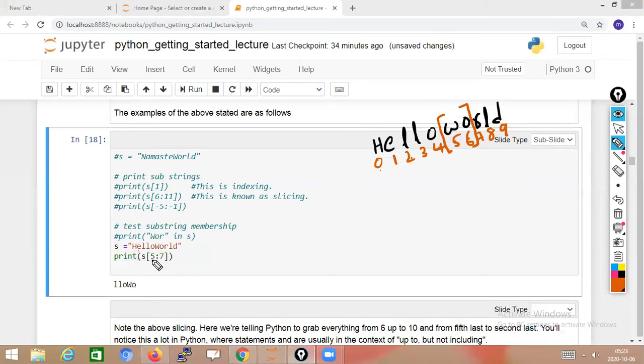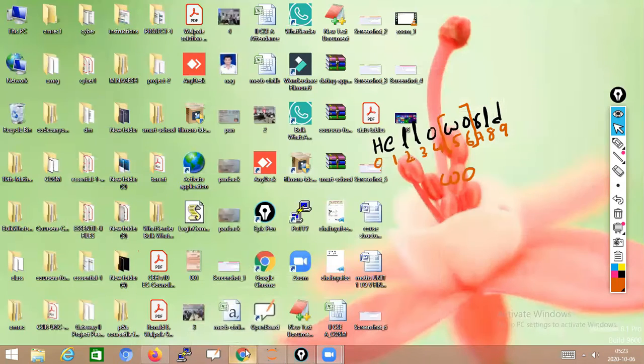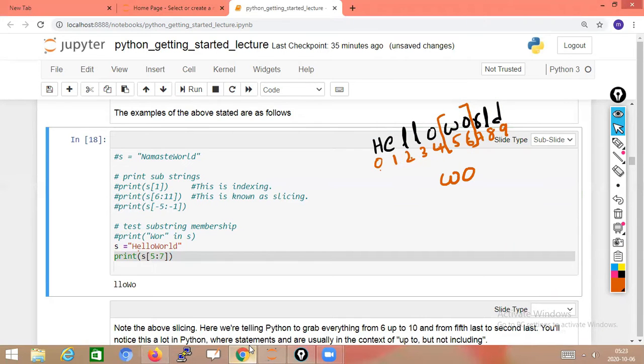So the starting index is 5, and since you mentioned 7, it stops at 6. That means you have to get the output WO. Now we'll check whether we get that output or not. Select this line, control enter. So you got WO.